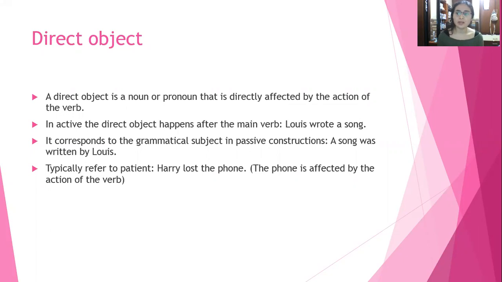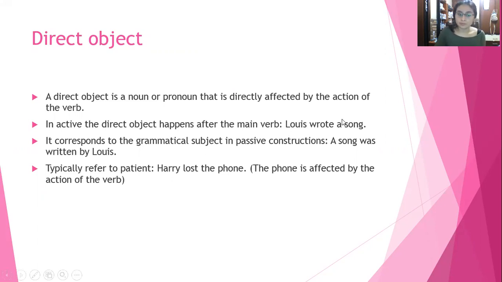Well, next. To teach direct object, it's important to teach the meaning, when we use it and when we find a direct object, and some examples. A direct object is a noun or pronoun that is directly affected by the action of the verb. In active sentences, the direct object comes after the main verb. For example, here,